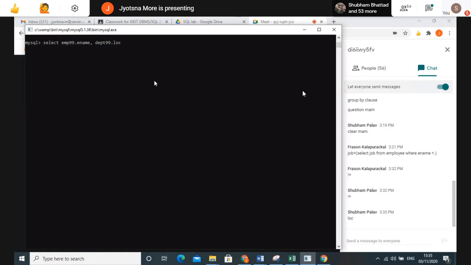So the location name. Now the table name. From which table? From EMP99. What do I have to do here? Left outer join. You know what is left outer join, right outer join, and full outer join. We have already studied them in theory, right? So we'll say left outer join, and then we use the second table, DPT99. Now the common attribute. Which attribute is common? EMP99.DPTNO. This is the only attribute which is common.